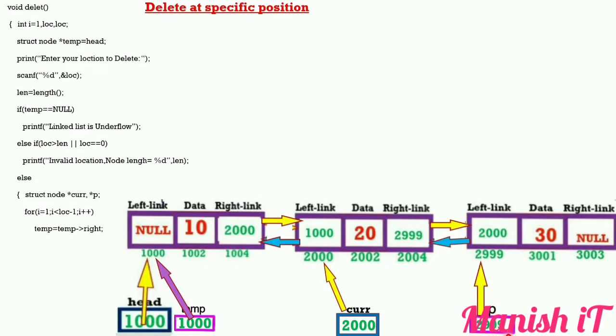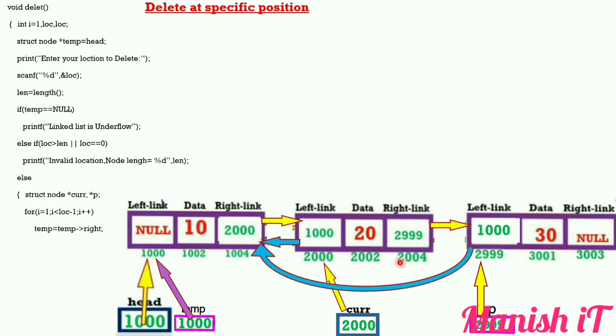So now every pointer is set, we need three pointers, and all pointers are pointing to their respective base addresses. Now I want to delete this node. So how to delete? First we need to break a connection and make a connection. So we need to store the base address of this temp node. Where is the temp node? This base address is 1000. When you store the base address of temp here, it breaks the connection and starts pointing here. So see how it looks like this.